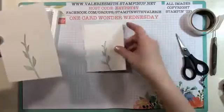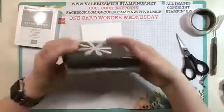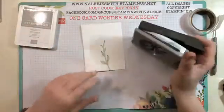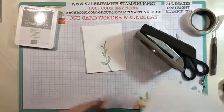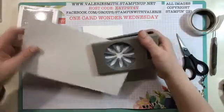I went ahead, like I said, and ran one through so it would be done already. So the next thing you do is you're going to get your Daisy Punch out. And this is in the current catalog right now, and it will be in the new catalog. And like I said, they're going to have one smaller size, which will be fantastic. So I cut 3,